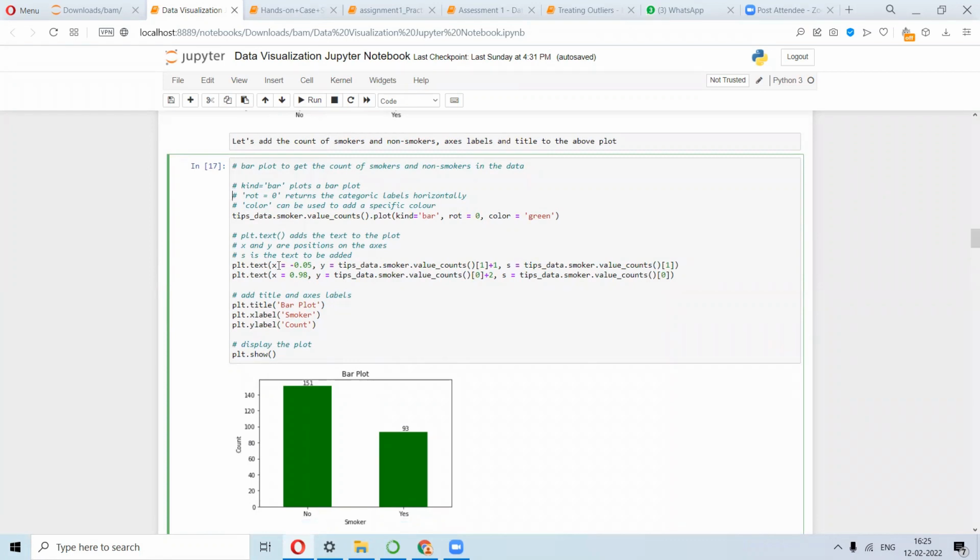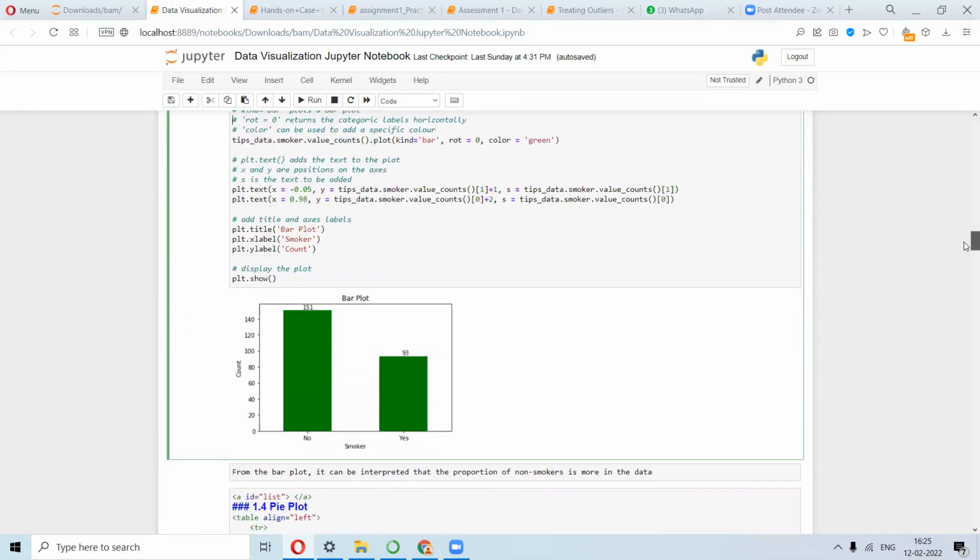So for plt.text, x is equal to minus 0.05. If this is 0, minus 0.05 will be towards the left-hand side. And for y equals tips_data smoker value_counts, what you are doing here is adding this count value.